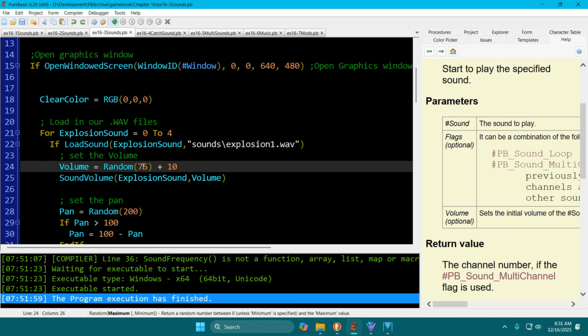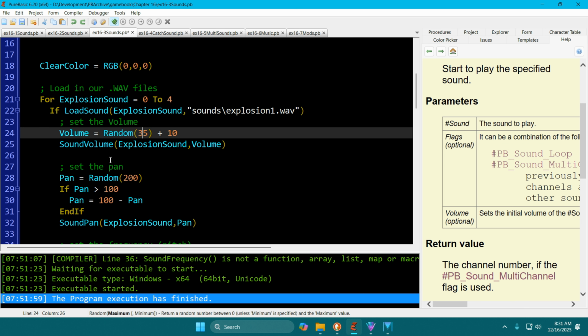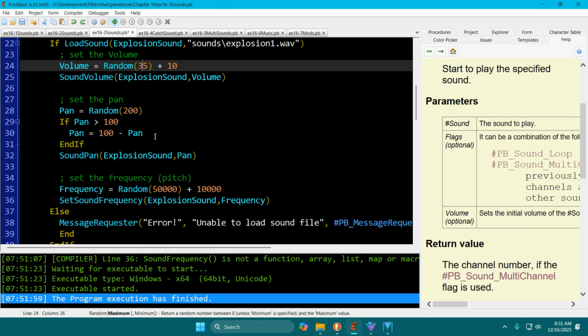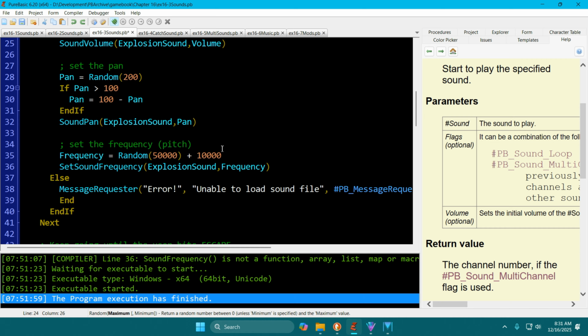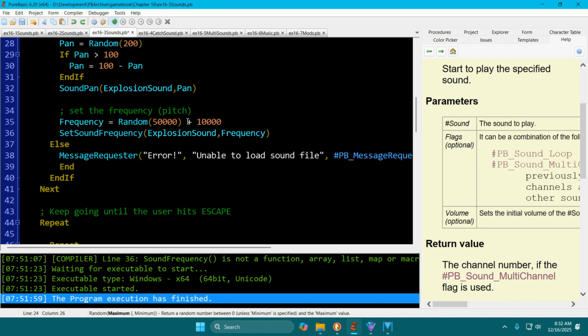Let's say 50 or 35 as a high, and then we're going to set the sound volume for the explosion of 0 to 5. We're going to set a volume to each one randomly, and then we're going to play the pan game for messing with each one, it may be right ear or left ear, that sort of thing. Then he plays with the pitch,